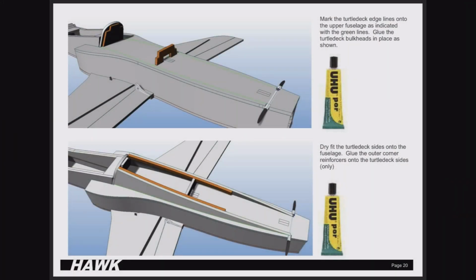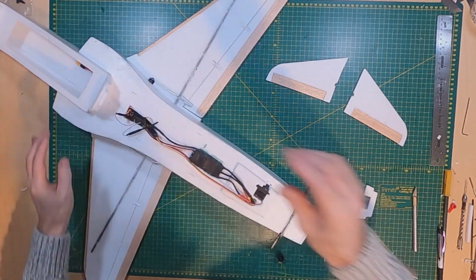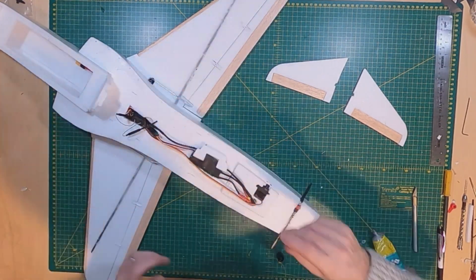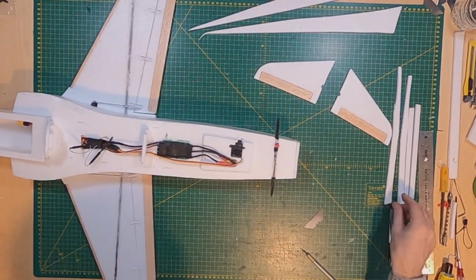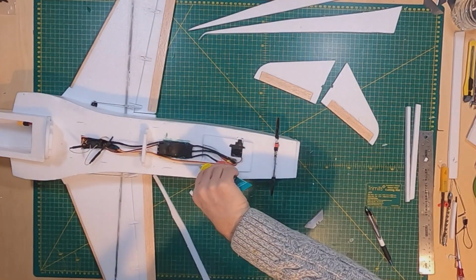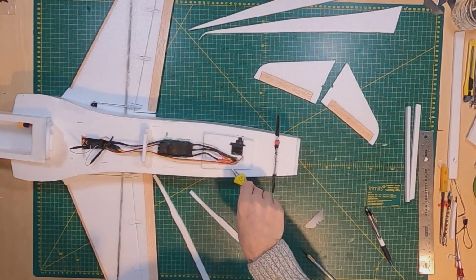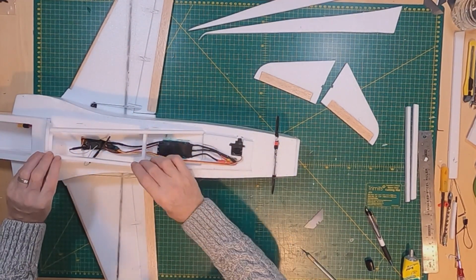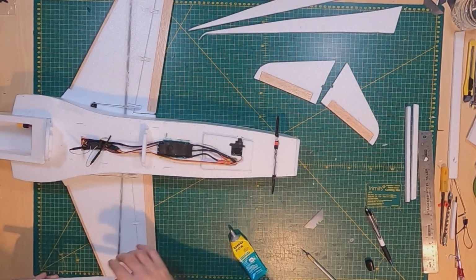Next step's the turtle deck, offering up the bulkhead, small amount of glue against the rear of the canopy. The rear bulkhead there, it just goes on in front of the servo. If you look at the plans, it shows just in front of that rear locating pin in front of the ESC. So I've marked along the top of the fuselage just a couple of markings where the side panels are going to go. And here on the turtle deck sides, again, I've just cut some 6mm strips, measured it from the front bulkhead to the rear of the servo tray,